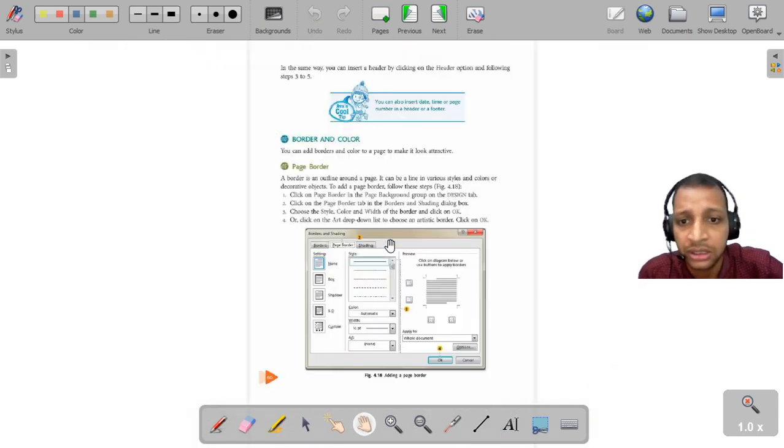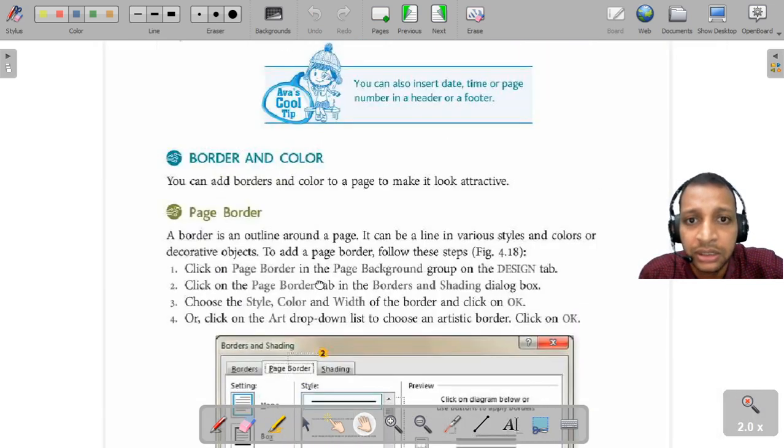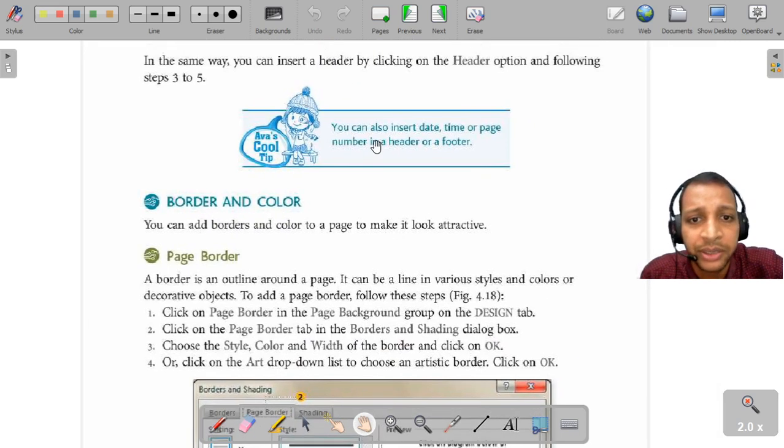I have already shown you all the steps. And in the footer or in the header, we can also insert date, time, or page number. Present date, present time, and the current page number.